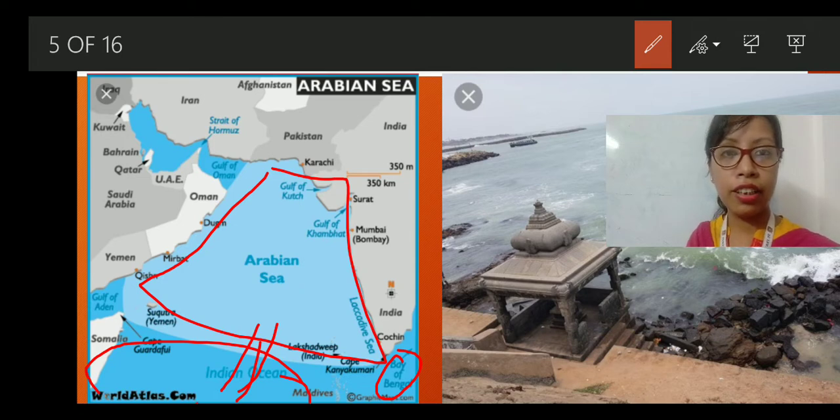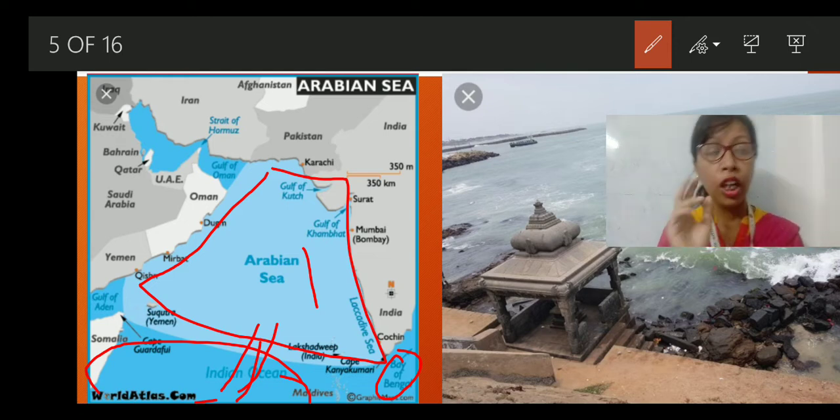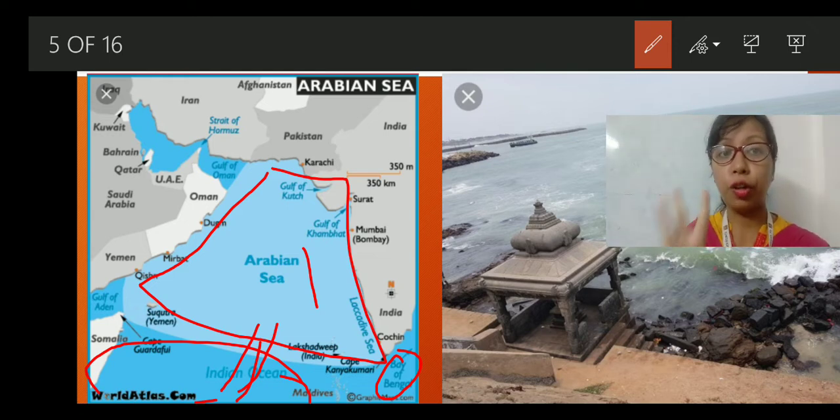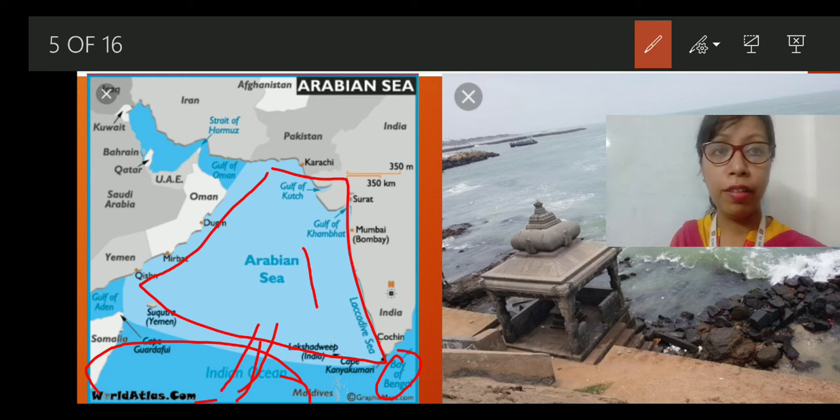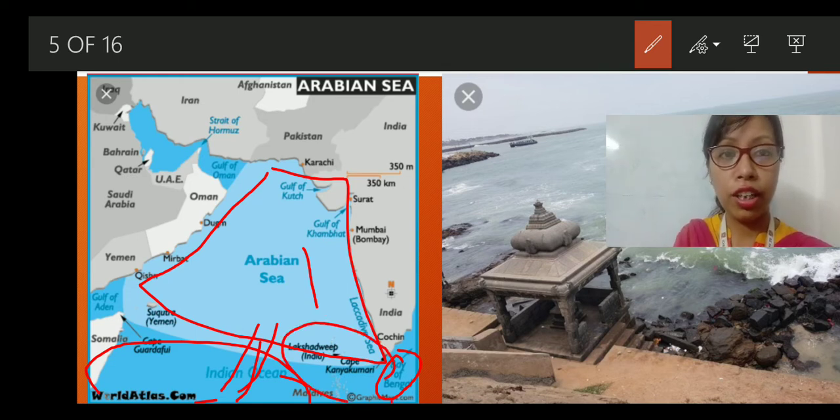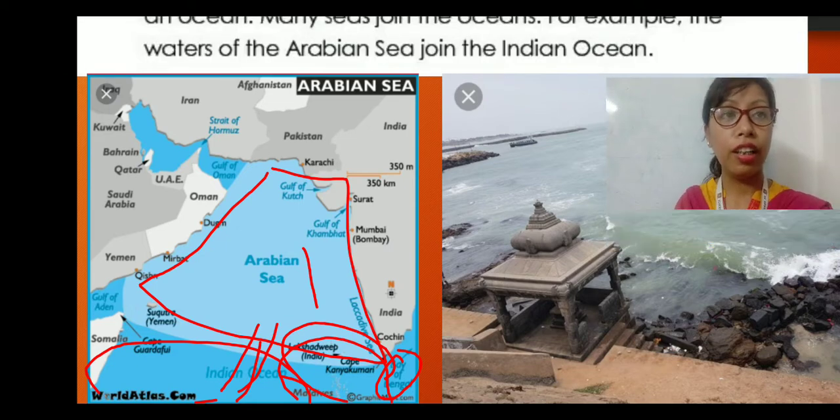Then on the left side, the Indian Ocean is here, and above it the Arabian Sea is there, right? Now, three water bodies are joining together here. Three water bodies are joining together. Where? This is located in southern India, which is Kanyakumari. Clear? It is in southern India,